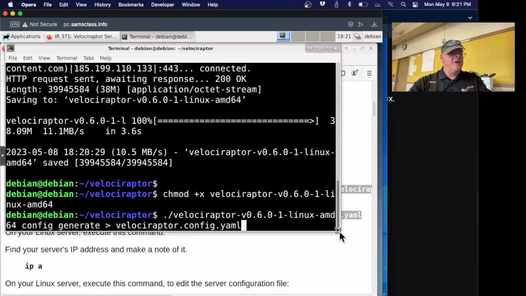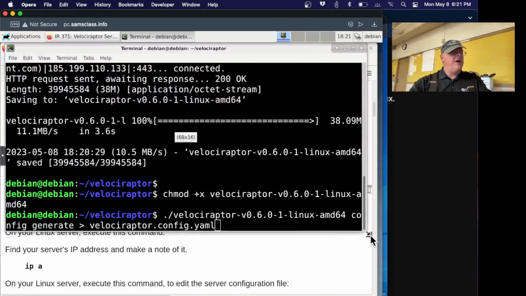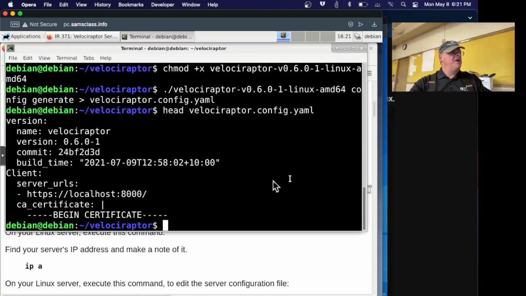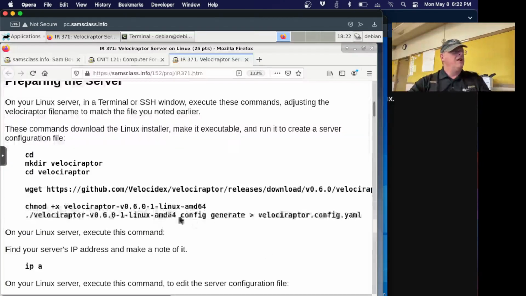And YAML is a funny format to store configurations in that is pretty popular these days. Let's take a look at this. Let's just do head velociraptor.config. All right. YAML has this syntax, and one thing to know about YAML is it's like Python. The spaces matter. The indentation matters. So anyway, it's just a way of storing parameters for things. All right. So you have to do that to create a default configuration for your Velociraptor, and now you have